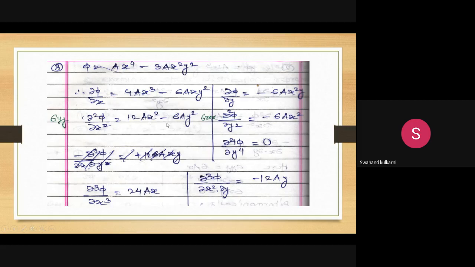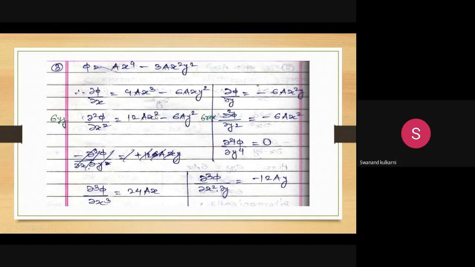So that's why we have to assume the values one by one. Suppose x and y both are 0, sigma yy is equal to 0. When x becomes 1 and y is equal to 0, then 12ax square. If x is equal to 0 and y is equal to 1, then it is minus 6ay square. So like this,